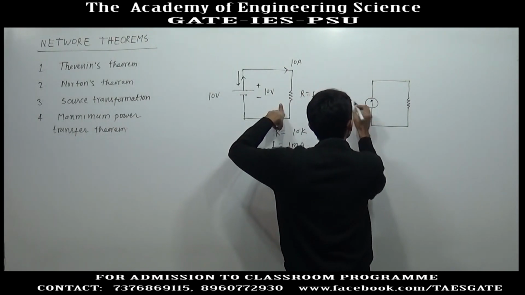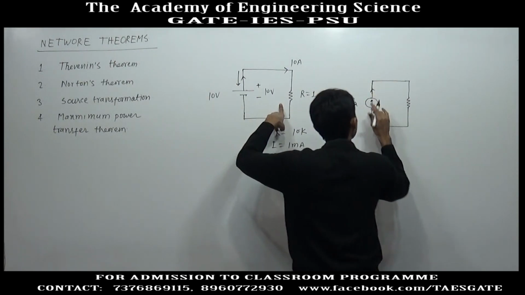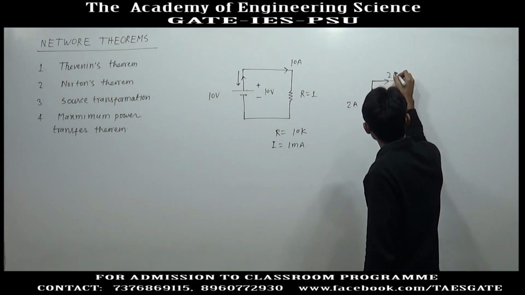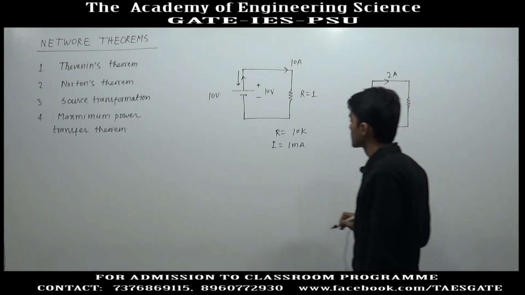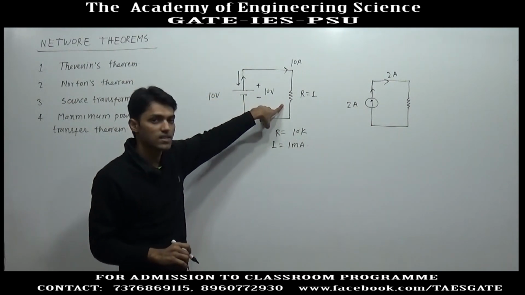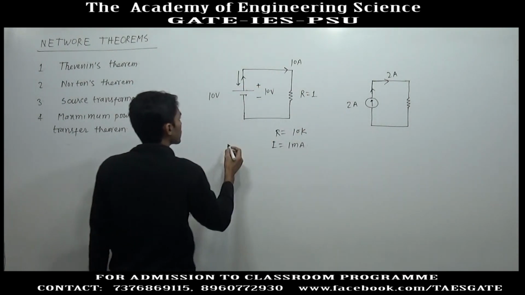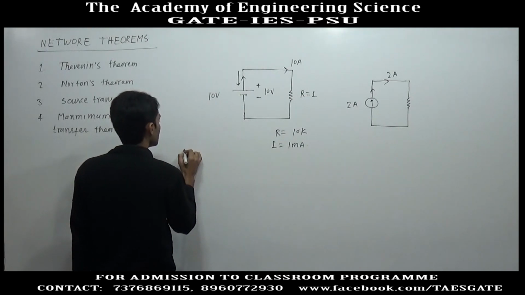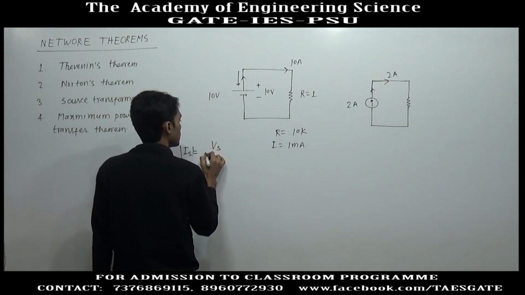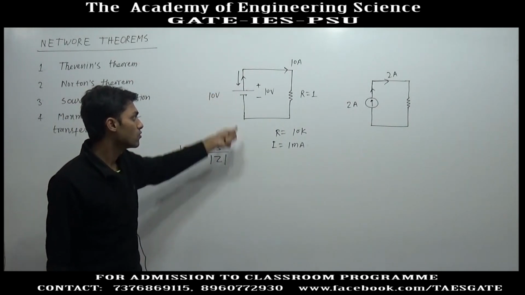Similarly, in case of an ideal current source, suppose it is a current source of 2 ampere. It does not matter how much resistance is connected here, it will always supply 2 ampere current. And like the current through the voltage source is not fixed, it depends upon the equivalent resistance connected to the voltage source, the magnitude of source current is equal to Vs divided by modulus of impedance, the equivalent impedance that is connected across the voltage terminal.